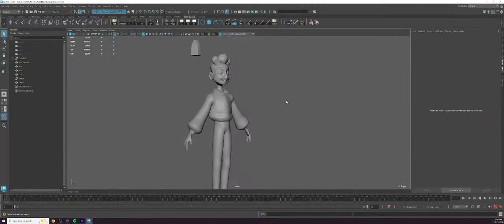All right, we'll give this a shot. I'm going to try to export it out as an FBX and bring it into Mixamo first. All right, let's take a look at this character together. It's a pretty simple cartoon character that I made in Maya